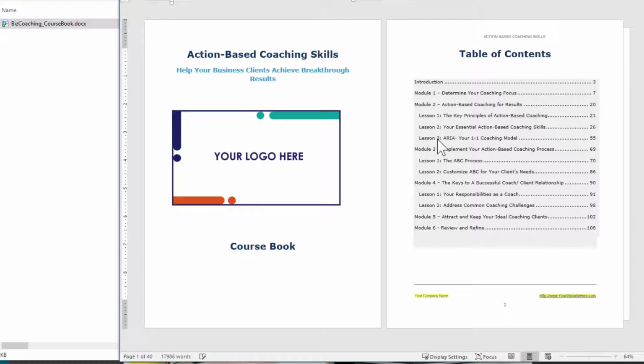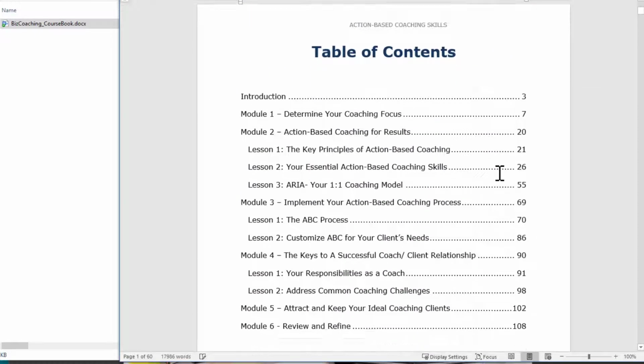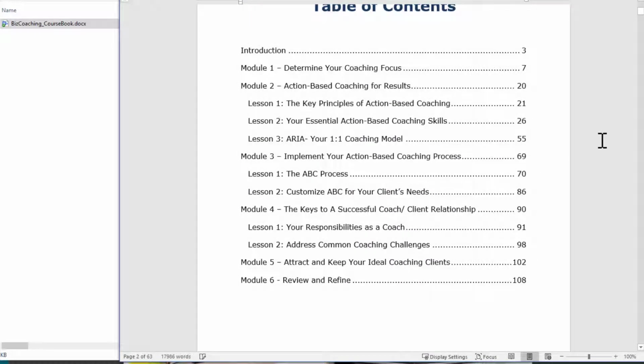And then you have your instructor materials with your slides. So if you open up that course book, you will see a full table of contents. I can just open this a little bit bigger for you so you can see it, and scroll down. So here's the table of contents. You'll see that there's that coaching focused, the key